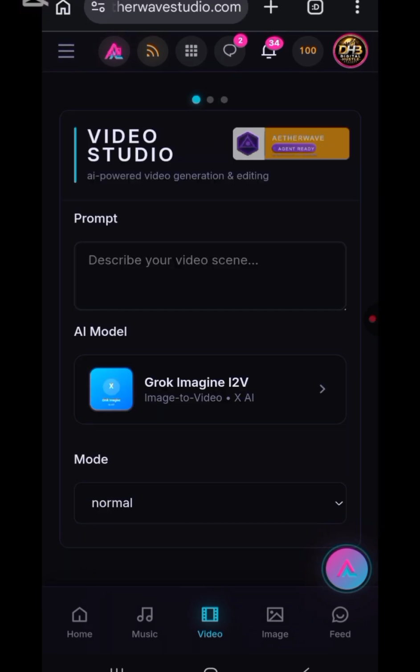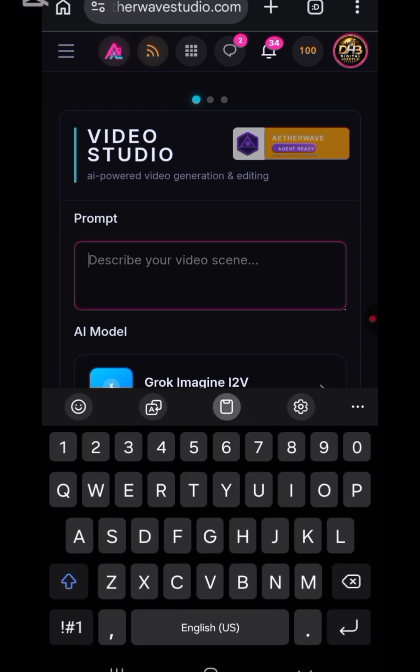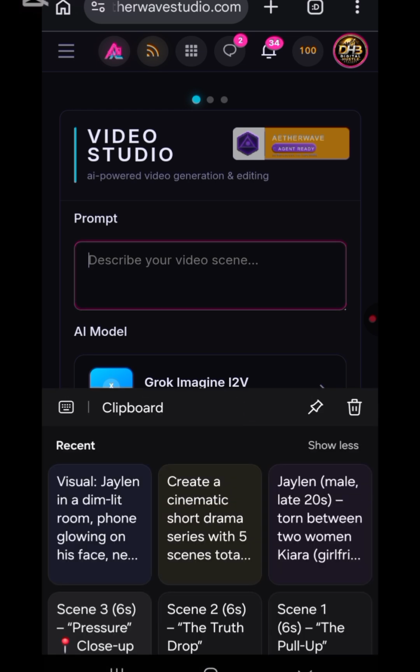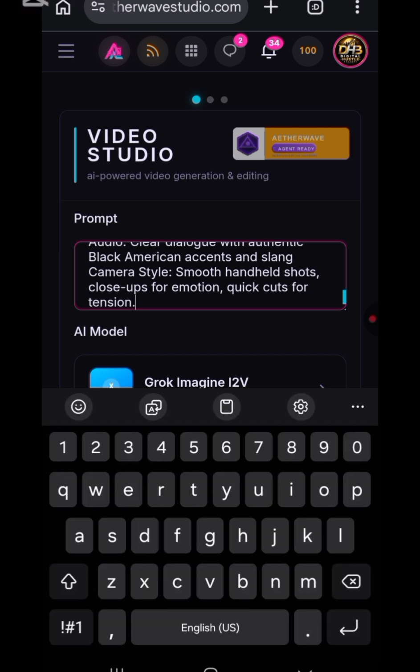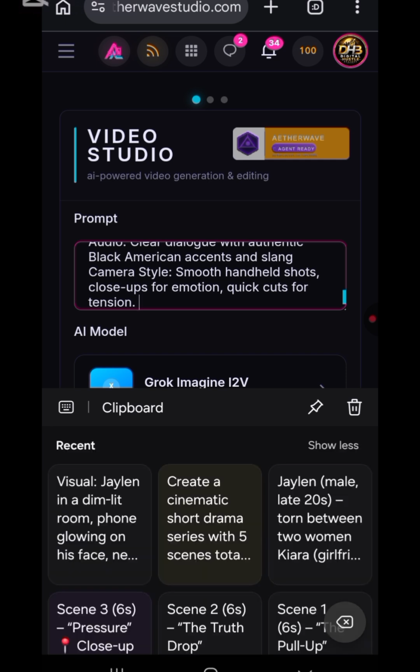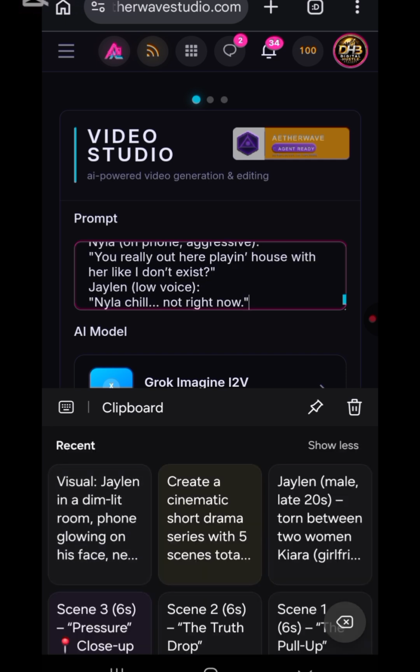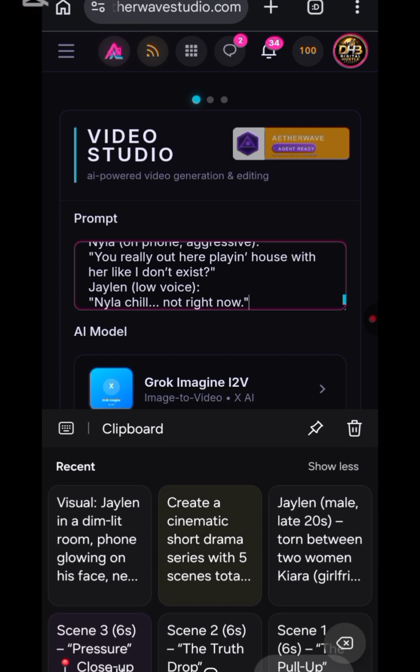Okay, so now we're going to put our prompt here that we copied from ChatGPT. This, then we also include the visuals in the script.